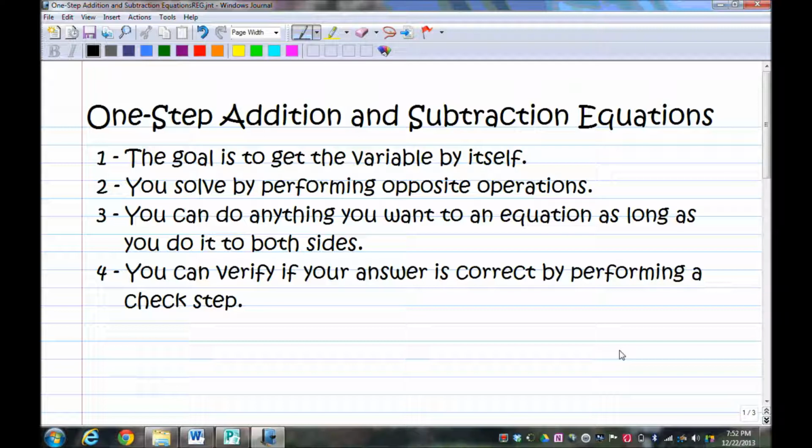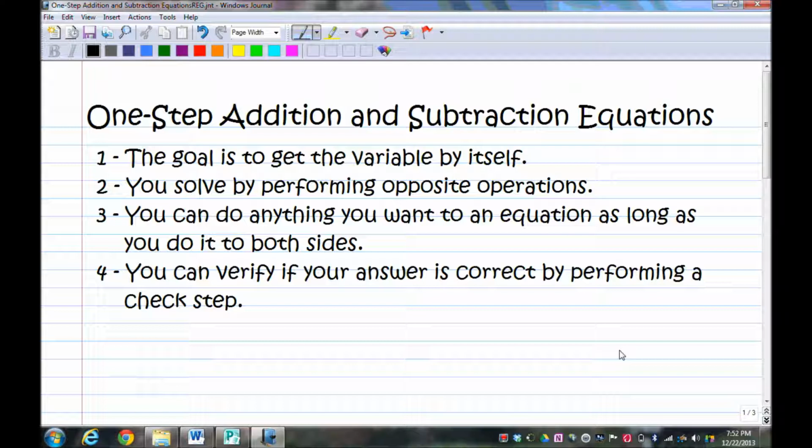First of all, the goal is always to get the variable by itself. So if you have x, you have y, whatever it is, you want it to be x equals something or y equals something. That's always the goal. So you want all the other stuff that's with it to go away. To solve equations, you perform opposite operations. For example, the opposite of addition is subtraction, the opposite of multiplication is division, the opposite of exponents is roots,